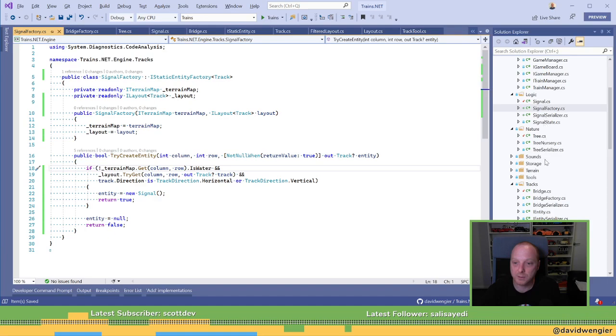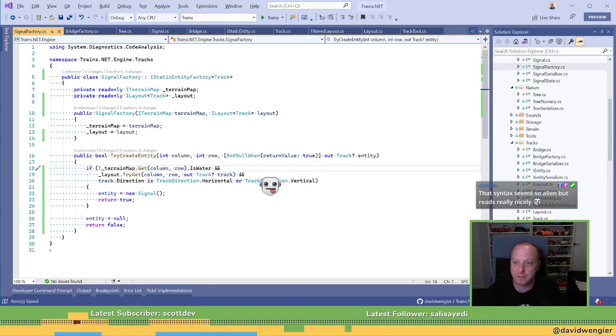And so I guess the syntax seems so alien. You mean the is or whatever? Yeah, it really looks weird. Every time I use it, I find myself always wanting to use it for things that aren't constant, so you can't use it. It's really nice once you get used to it.